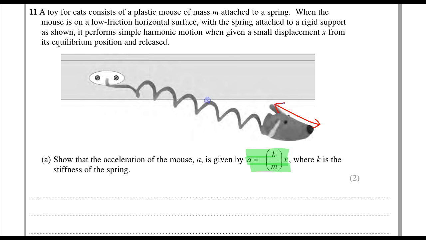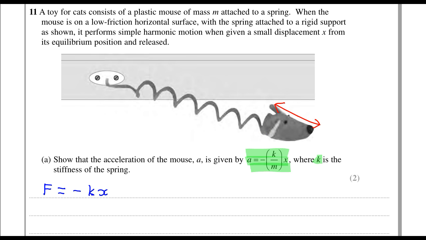Since we are considering a spring with stiffness k, let's firstly put down the relevant equation, which is Hooke's law, and that says that the force that the spring puts on the object attached to it, which is the mouse, is equal to minus kx, where k is the stiffness of the spring, which is this k there, and x is the extension of the spring,